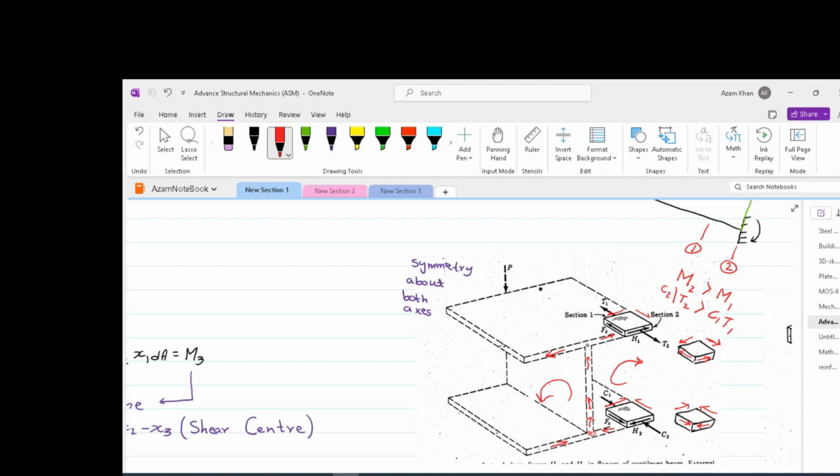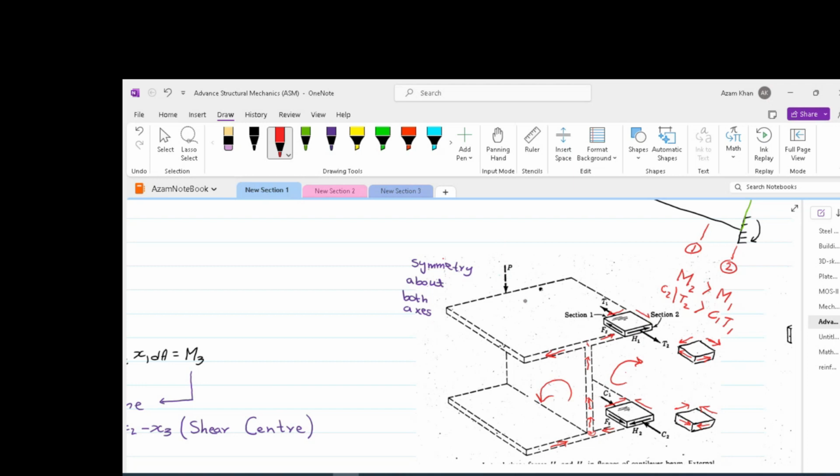The shear which exists at the flange is very small in proportion to the web. So it is the web shear which resists the applied external load. That is why in steel structures, we normally design the web for full